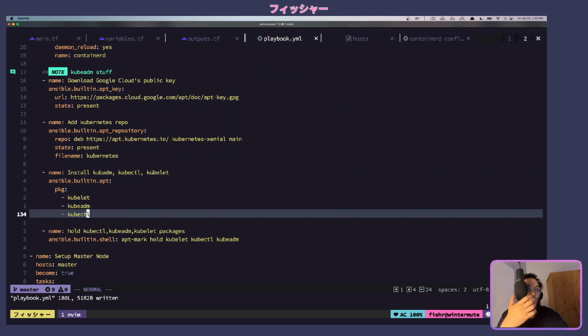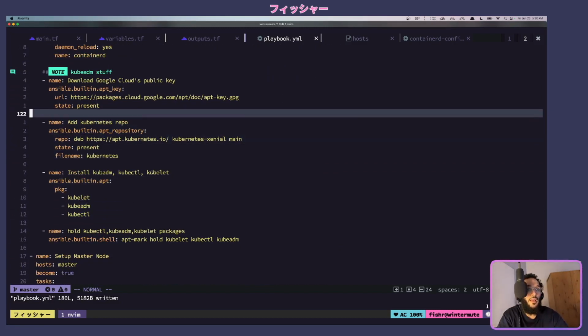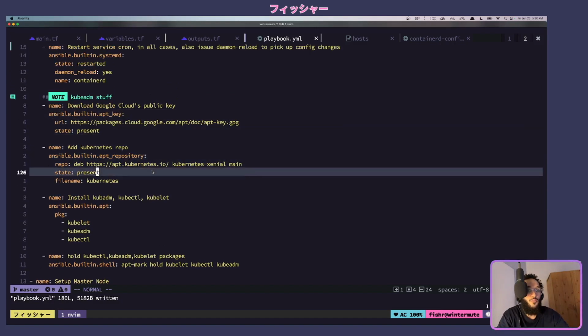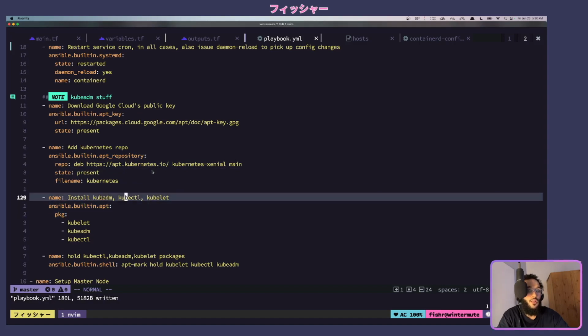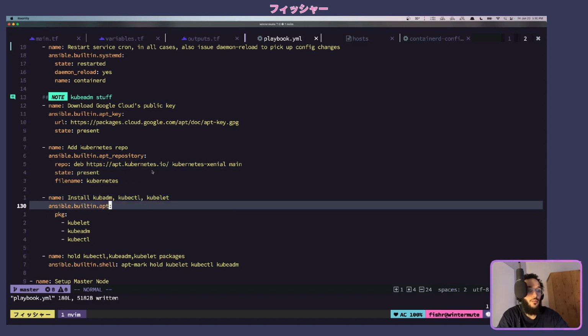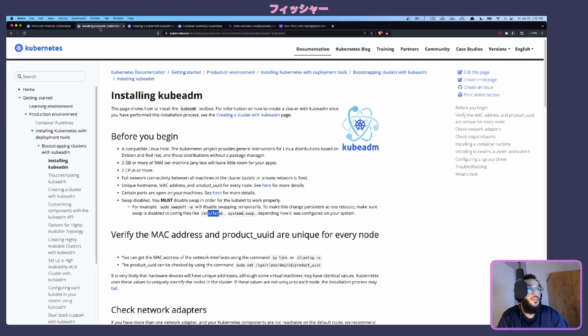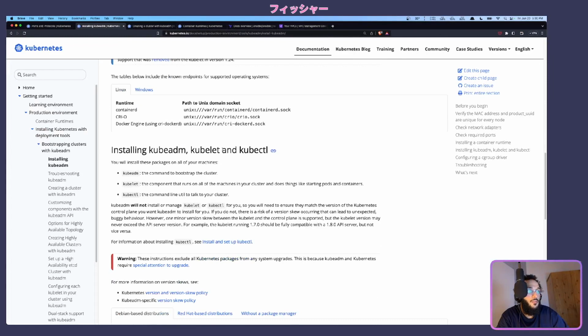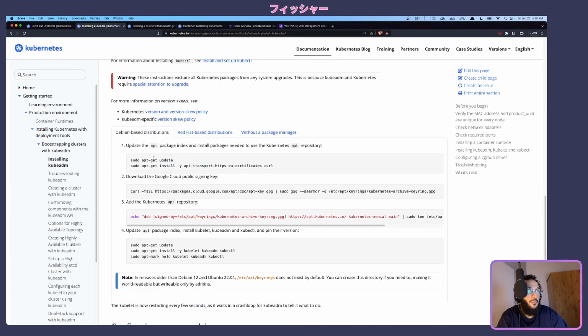Now we do the kubeadm stuff, and so we download the Google Cloud's public key, right? We add the Kubernetes repo, and then we install kubeadm, kubectl, and kubelet. And if we come here, blah blah blah, so installing kubeadm, and so we do sudo apt update, sudo apt install, apt-transport-https, ca-certificates. So we've got these ones already. So we download the Google Cloud public signing key, we add the repo, we update, and then we install these three